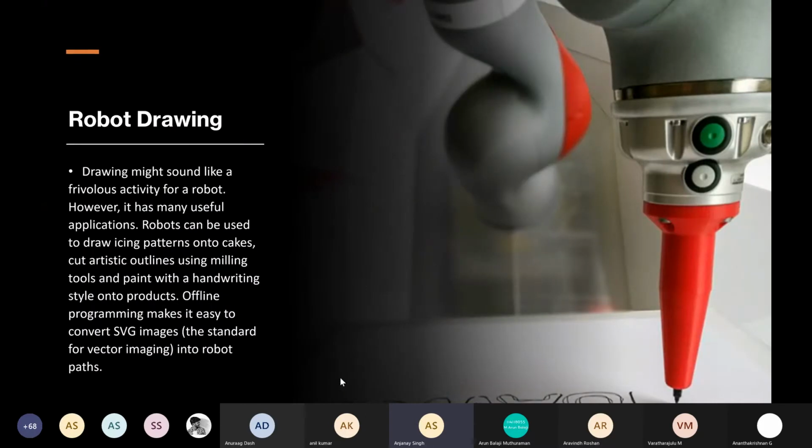You can move on to the next slide. Okay, so another application is robot drawing. It is another application where